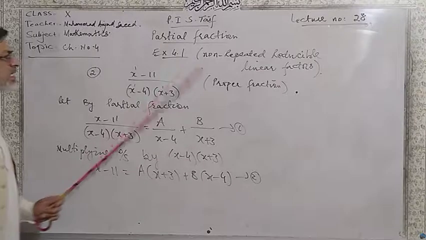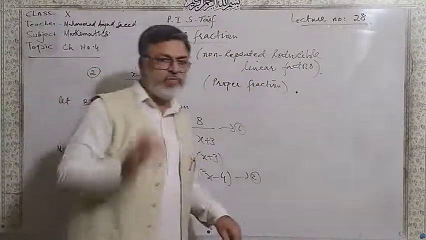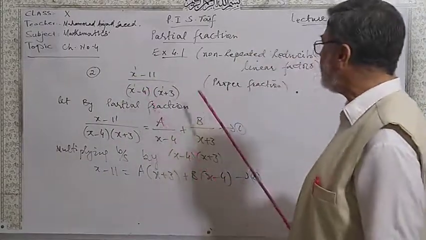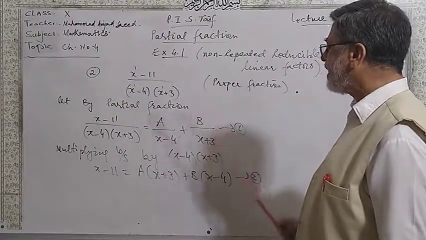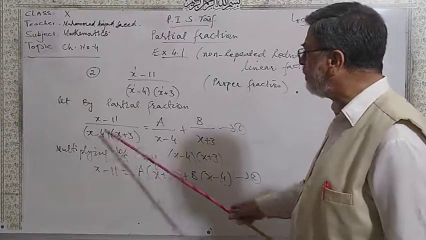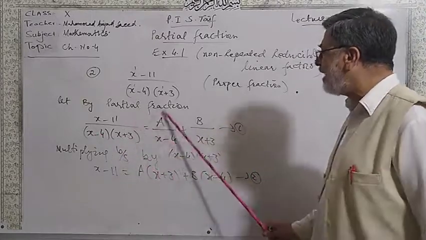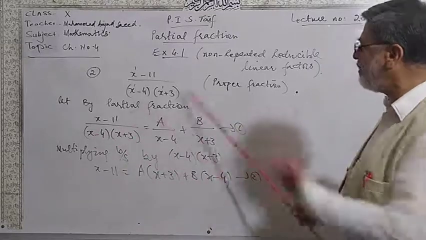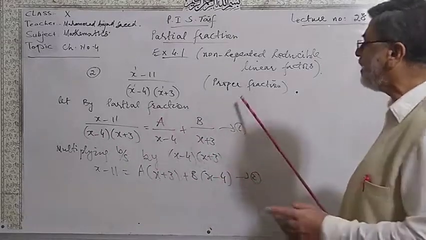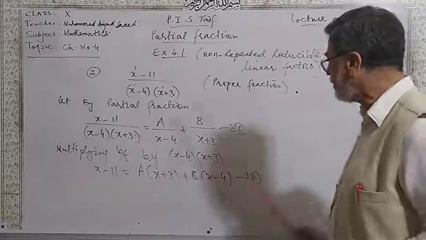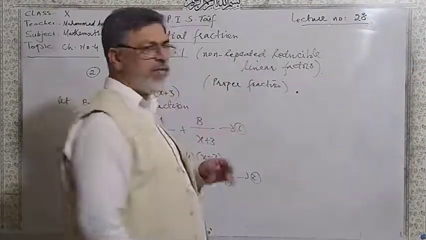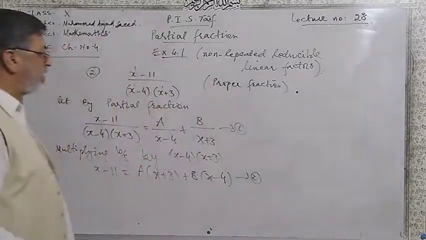Here in this exercise 4.1, we will find the values of constants A and B. Because in the denominator you have 2 brackets, we need one constant for one bracket and a second constant for the second. And if you have a third, no problem. You can write down plus C over the third bracket. So for every power of the variable, you need one constant.